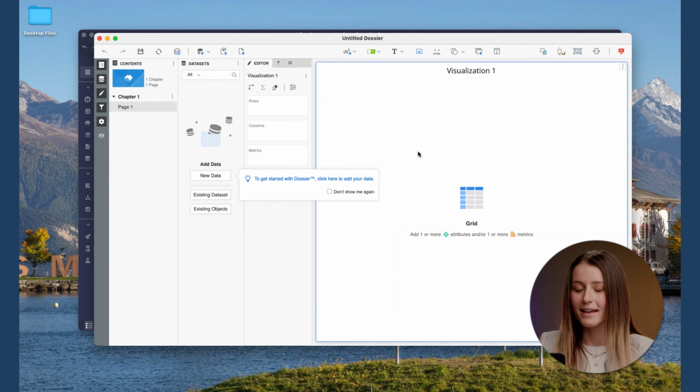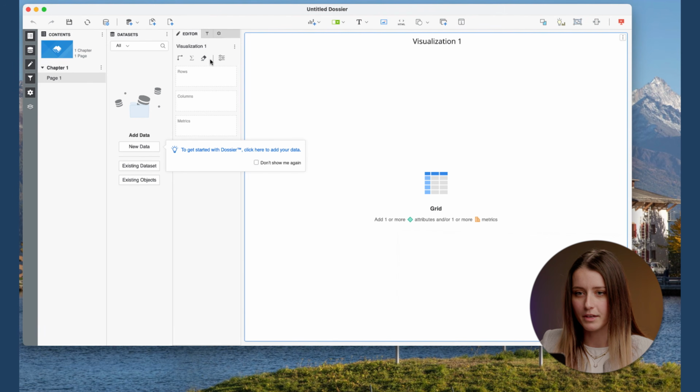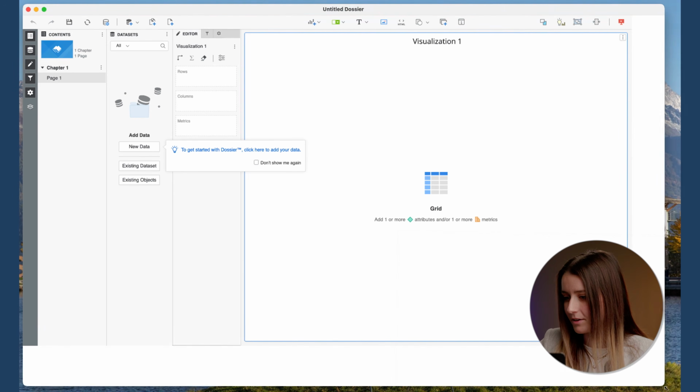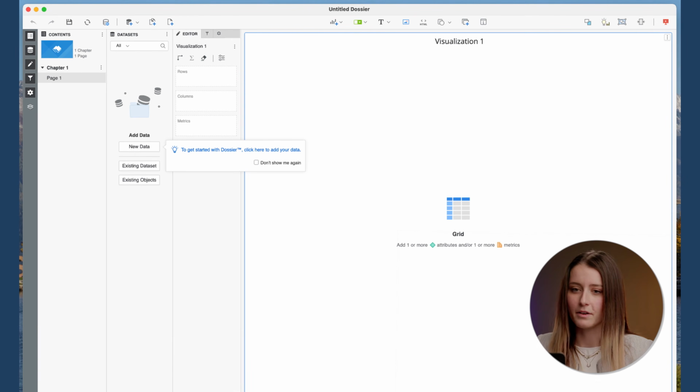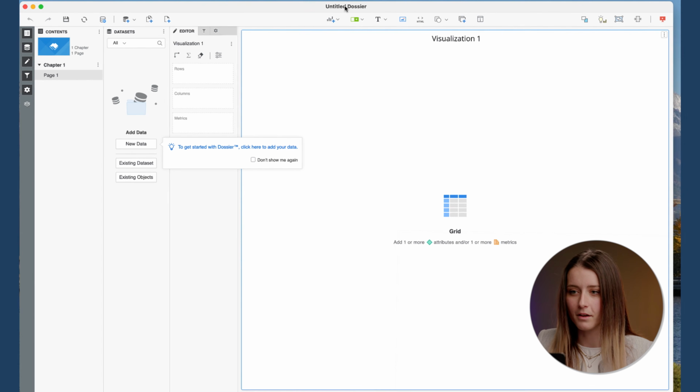So once I click that, it's going to load my MicroStrategy dossier, and we're going to get our dossier interface pulled up. So let me just make it a tiny bit bigger so that it's easier for us to see and for you all to follow along if that's what you decided to do. So I'm going to give you a quick rundown of what the MicroStrategy dossier interface looks like. If you are a MicroStrategy customer, it looks the exact same as on our library feature. But for those of you who are a little bit new, we'll give you a quick orientation so you understand